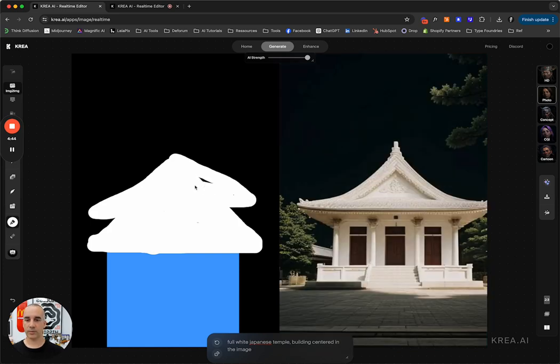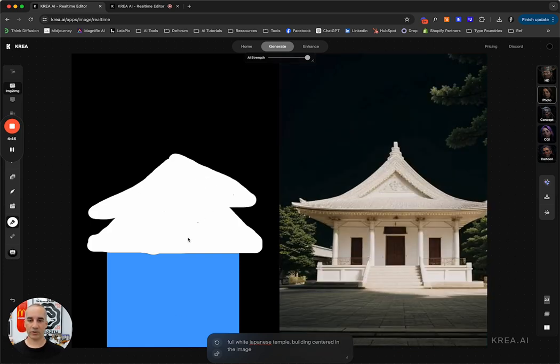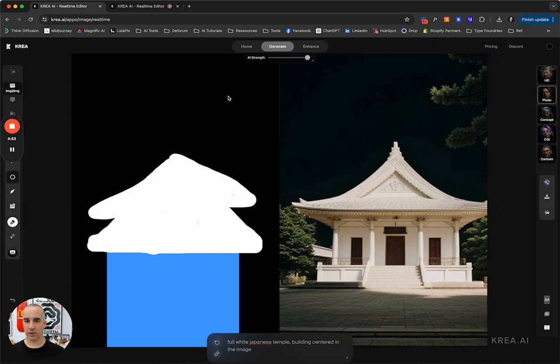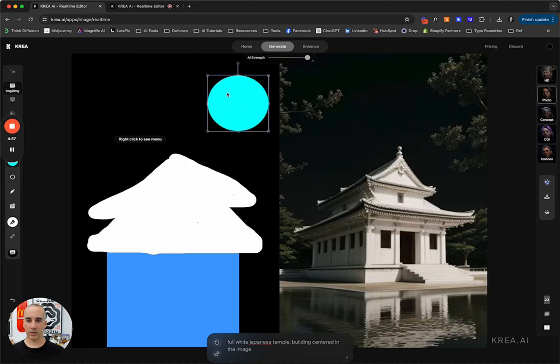And so, like my 4 years old can do it. And then, for example, if you want to add a shape, we can just put it here. And so it's going to change, but then if you start to change the prompt, a Japanese noble building center in the image,